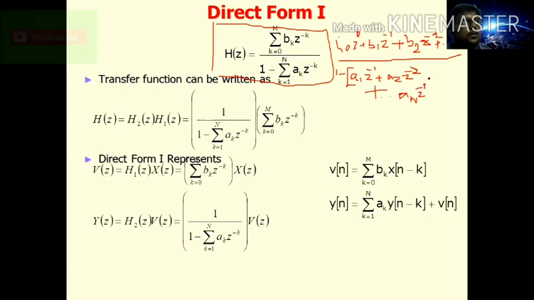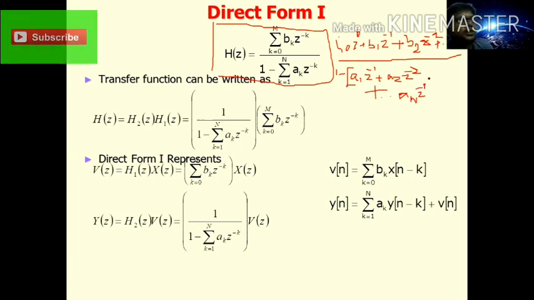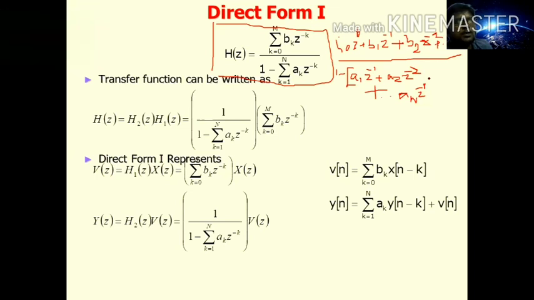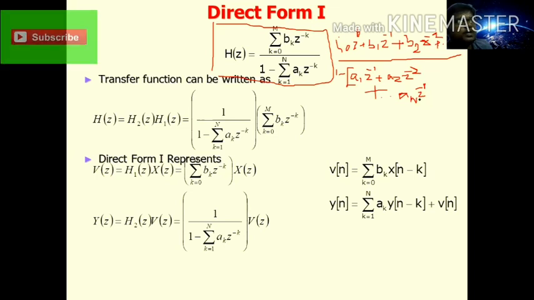Okay, now while expanding the summation, you can get it like this: b naught plus, because it became 1, no? So b naught plus b1 z inverse plus b2 z power minus 2 plus bm z power minus m, divided by 1 minus a1 z inverse plus a2 z power minus 2 plus an z power minus n. So numerator term, denominator term. The numerator term we call the zeros of the system. The denominator we call the poles of the system. So this one is h1 of z and 1 divided by this one is h2 of z.